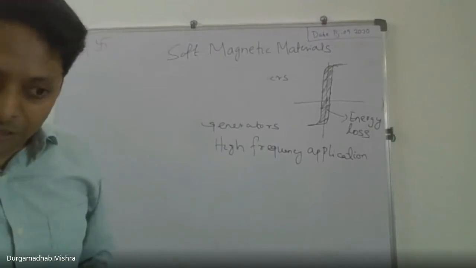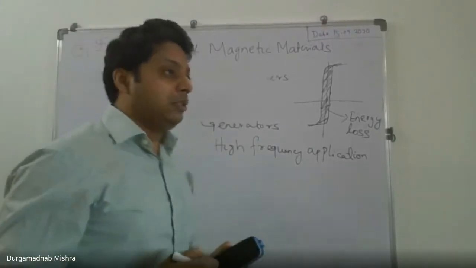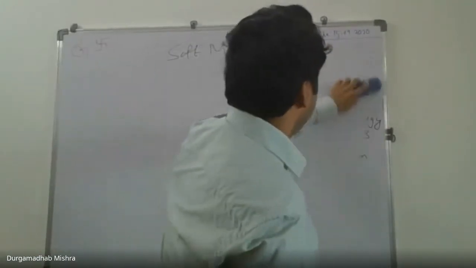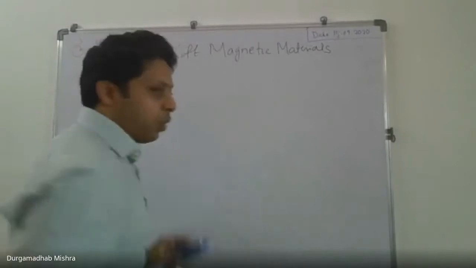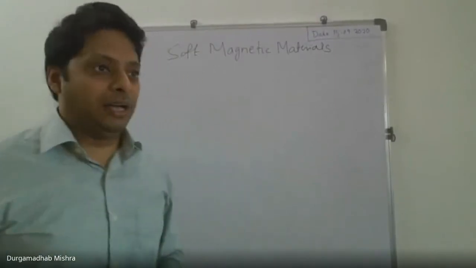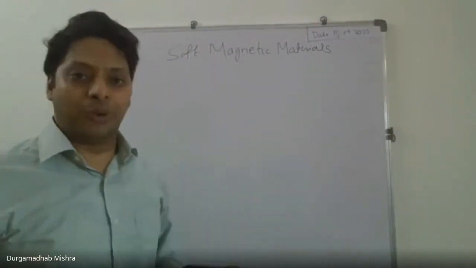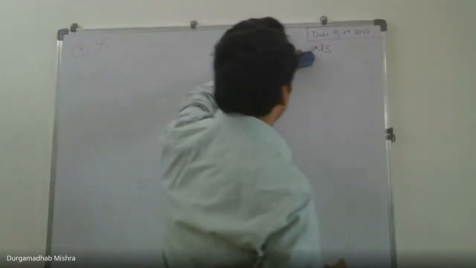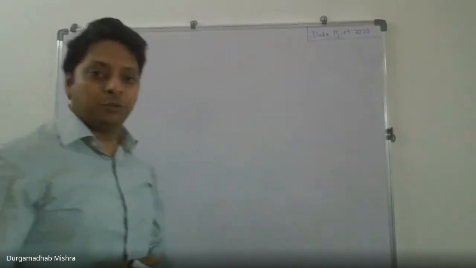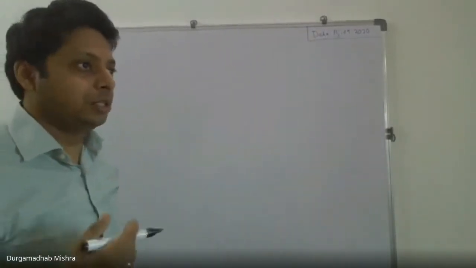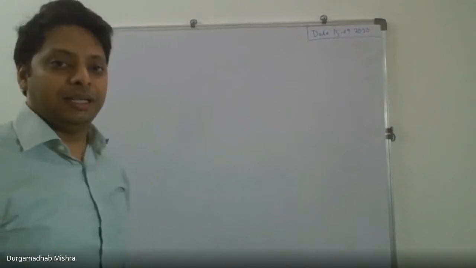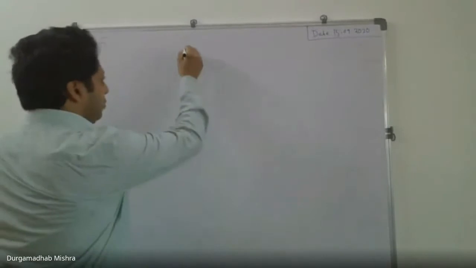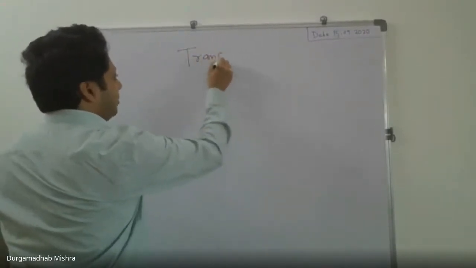So let's take one example, the example of a transformer. I think you might know how a transformer works, or a motor works, or a generator works. We will not go into how that works, but we want to see what is the role of materials in improving their performance. So if I take the example of a transformer,